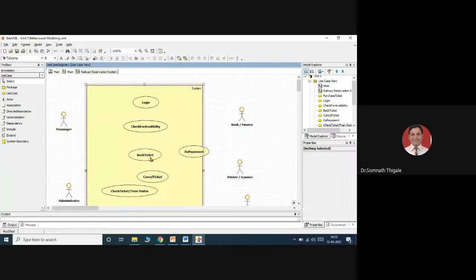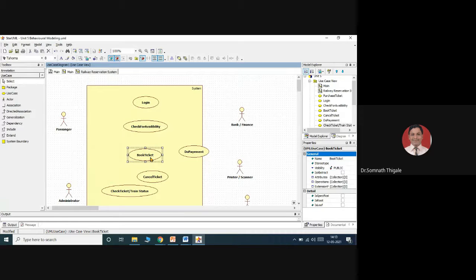because when you book a ticket, your ticket may not be confirmed. It may be reserved against cancellation, that is called RAC, or it may be in waiting, but still you want to do the payment. That payment part also can be processed. So based on the type of the ticket, we will perform different operations. Okay, check availability. That is with respect to the passenger.